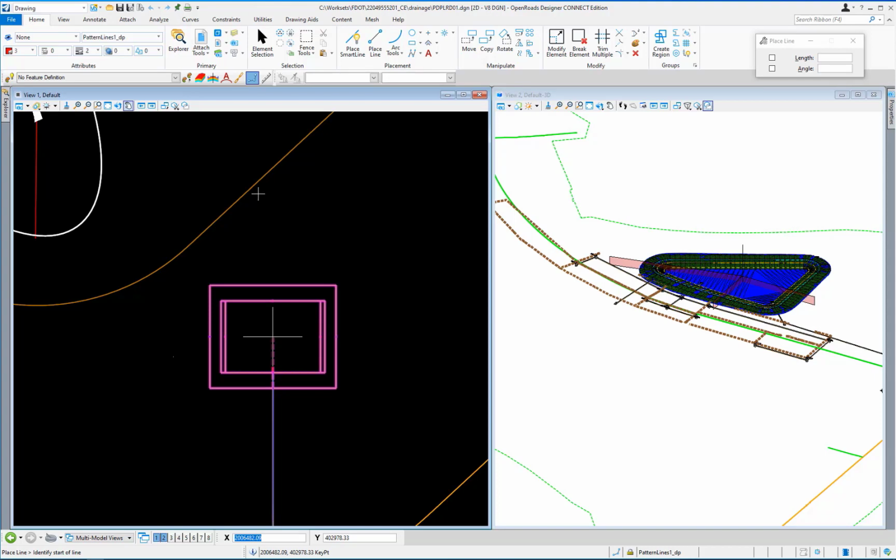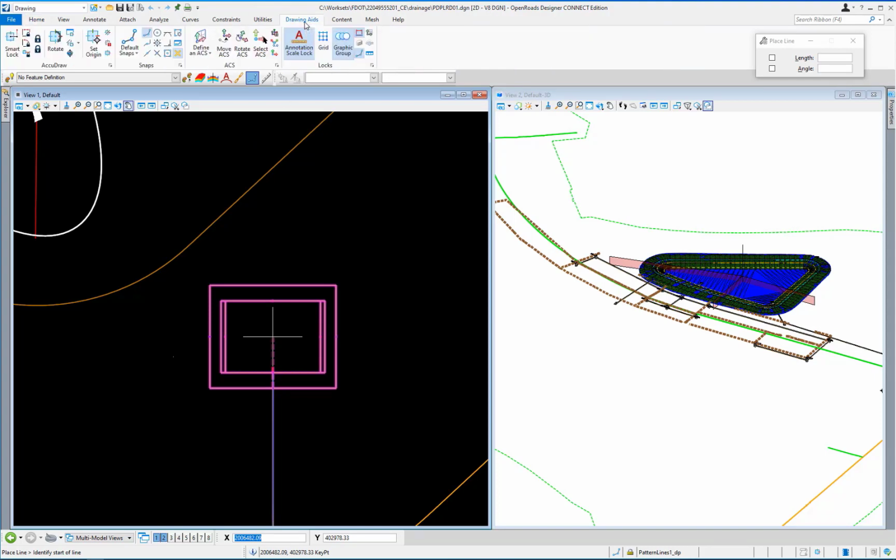Switch to the Drawing Aids tab, and in the AccuDraw group, left-click on the Set Origin icon. Now drag the cursor to the left and hit the Enter key to lock the AccuDraw axis to horizontal movement. Type 8 on the keyboard and left-click to start drawing the first pattern line.